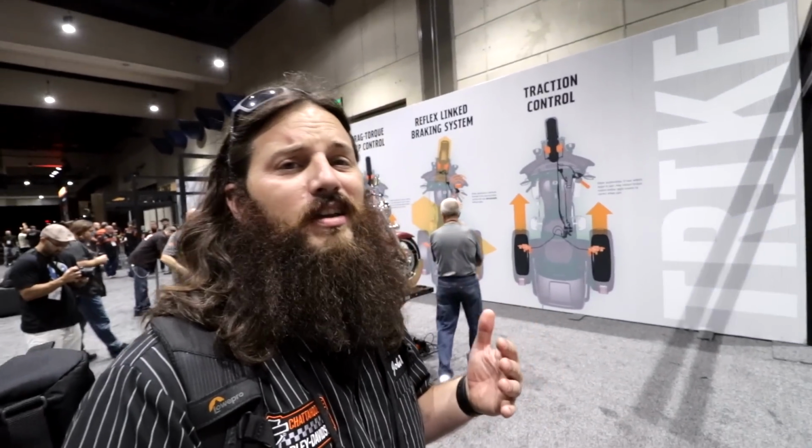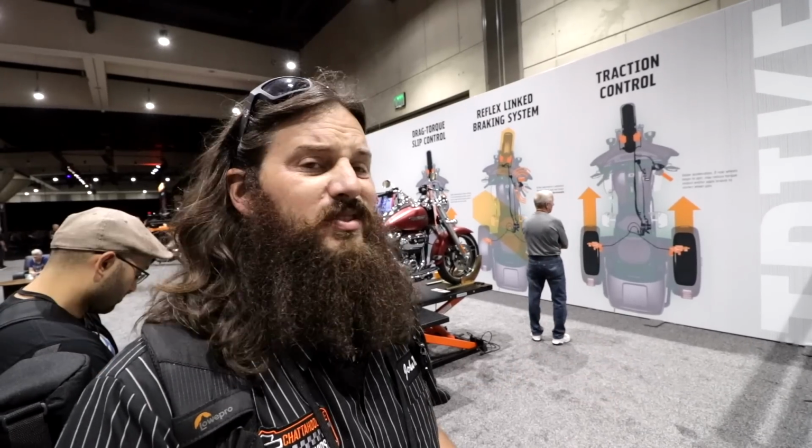Now, one of the major surprises for the year is the Trike. Totally revamped with new front suspension, new brake calipers, ABS. Traction control on a Trike is insane. Obviously, it has the new radio. It's a lot of stuff that I don't think the internet's really talking about yet because, well,